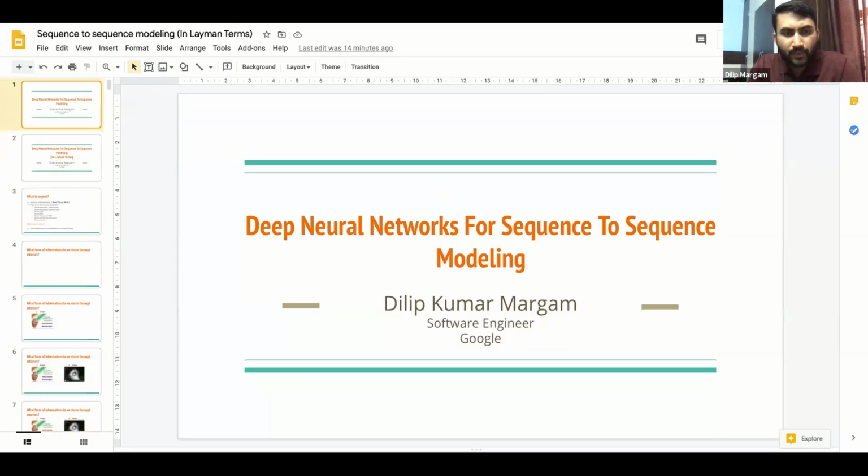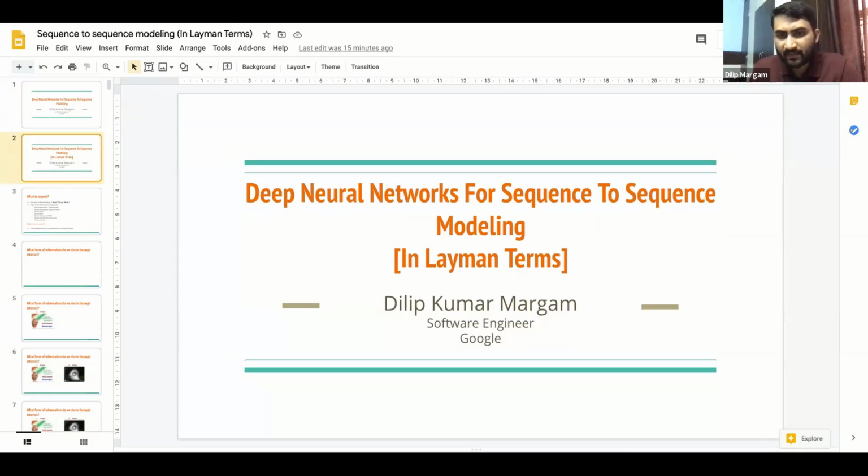Before going into the talk, I want to tell you that today's talk is going to be very basic and easy to understand. The main reason I kept the talk in a very simple and basic manner, in layman terms, is because I was told by Jyotsna ma'am that there'll be a wide variety of audience attending this talk, and there could be a large portion of audience who are not familiar or have zero knowledge of machine learning or deep learning. So today's talk will completely be in layman terms with examples and real world applications.